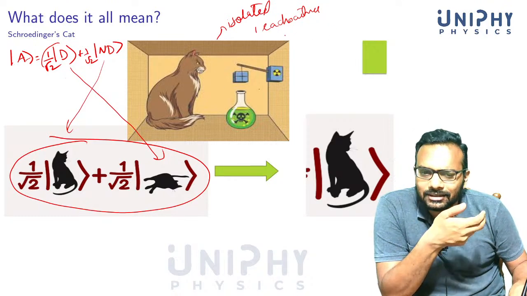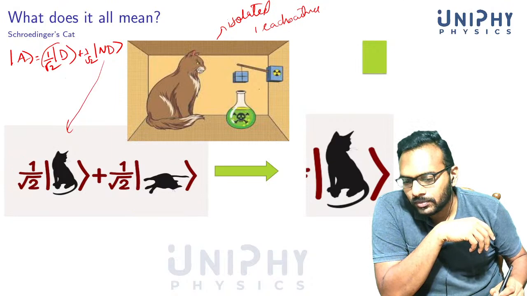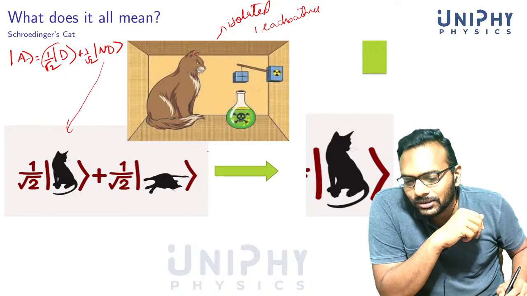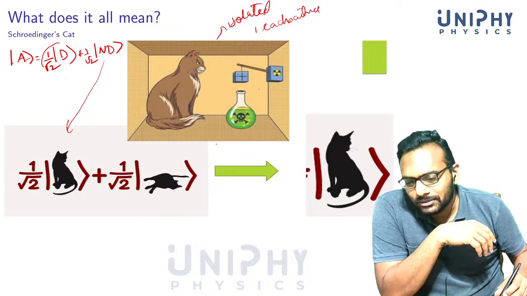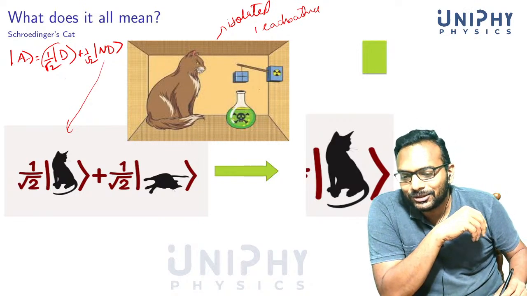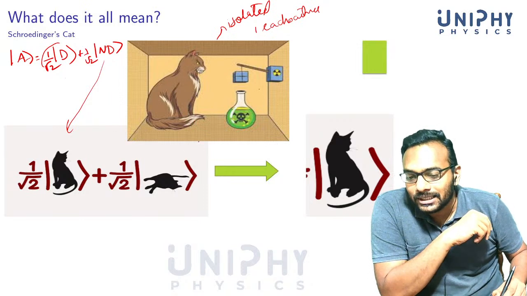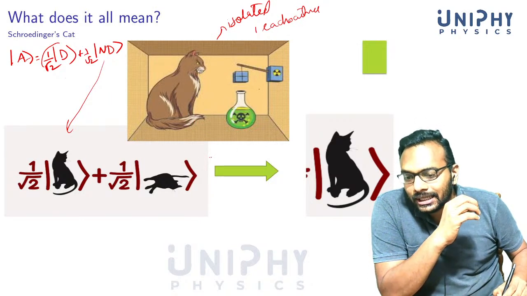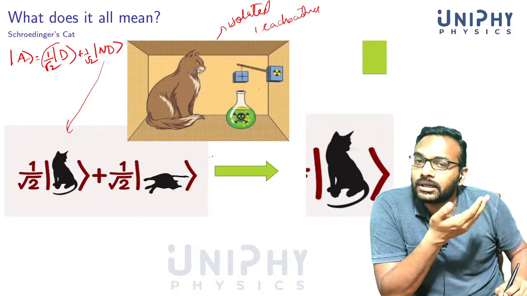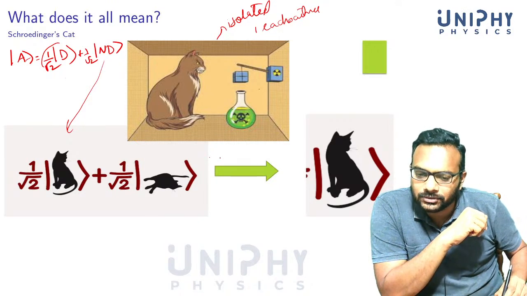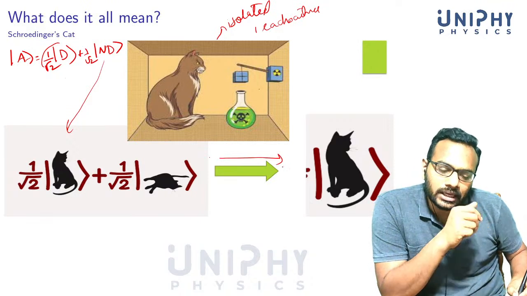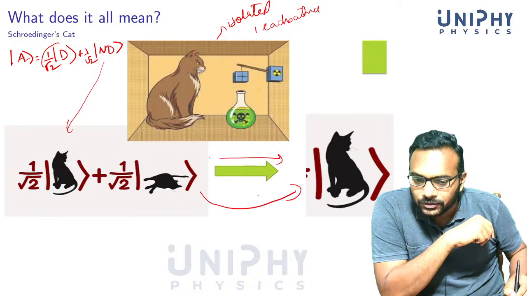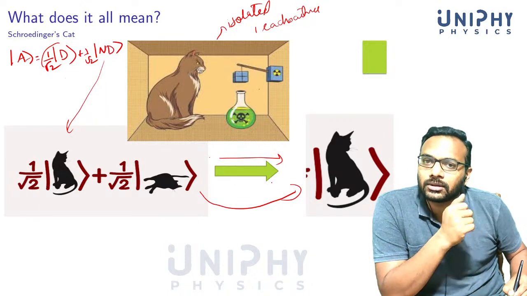So let's say we had a happy ending to our experiment. Maybe Schrodinger did not like cats, to put a cat into such a position. But the thing is that when you open the box, you see either a dead cat or an alive cat. You never see the cat in superposition. Suppose I opened the box and I saw a cat which is alive. The state of the cat has changed from this to this. This is wave function collapse for you.